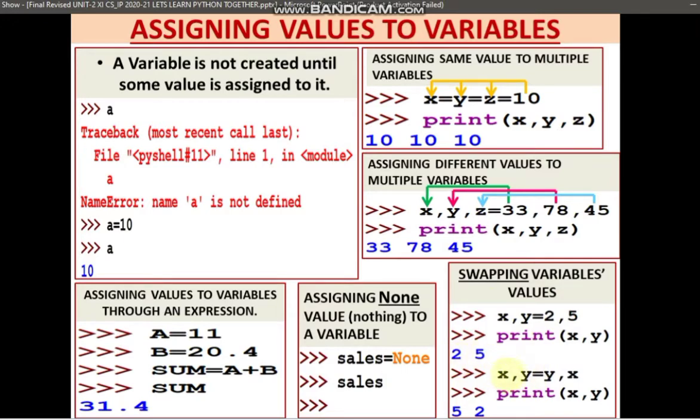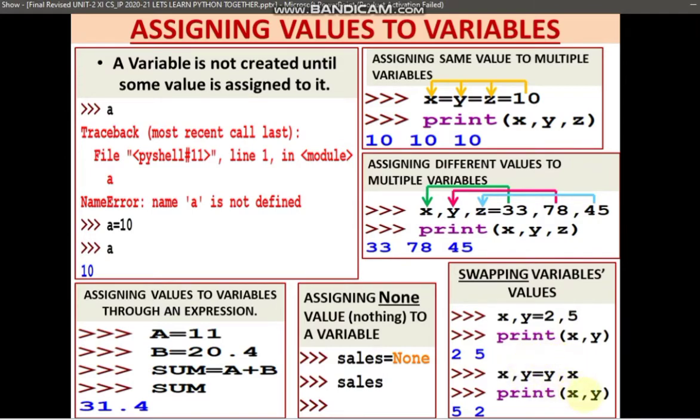Now if I write x, y is equal to y, x, what happens actually is that whatever value is there at the right hand side is assigned to the left hand side variable. So y, which is there at the right hand side, we will see it first. The value of y, which is 5, is assigned to x, and the value of x will be assigned to y.